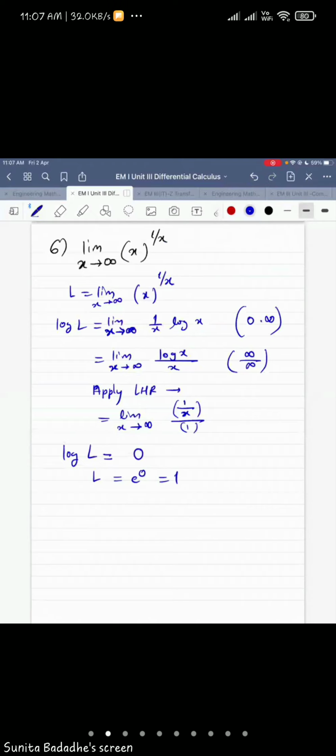Now, students, only one problem will solve. Already, Patanwar madam has joined. Madam, only one problem I'll take and then I'll make you host and leave the meeting. So the seventh problem, students, your homework questions will be given to you. You have to solve those questions for more practice purpose.